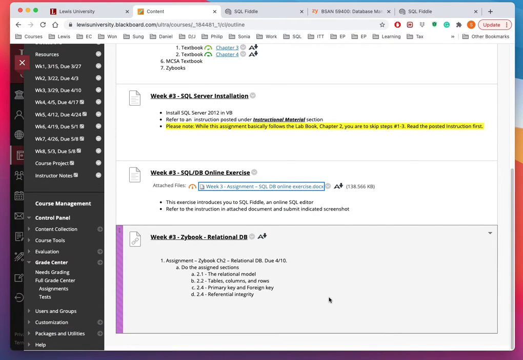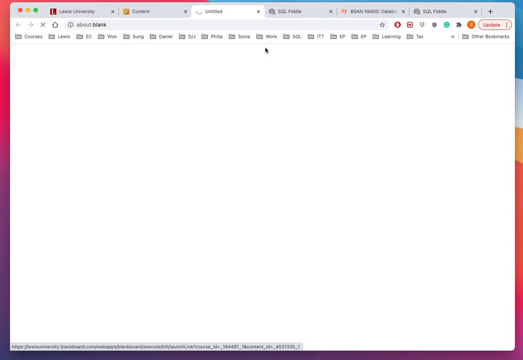with getting to familiarize themselves with using the Zybook assignments. So I'm assigning Zybook activities from chapter 2, but be sure to click on this one and do these 1, 2, 4. I need to update this here. Referential is, I think, another one. But anyway, so let's go back. So click on this here,